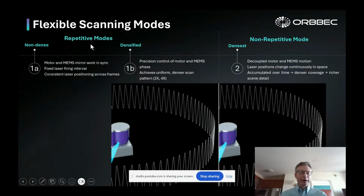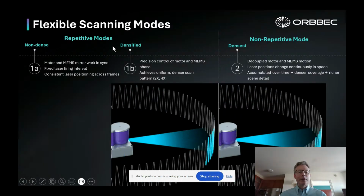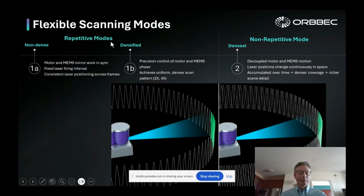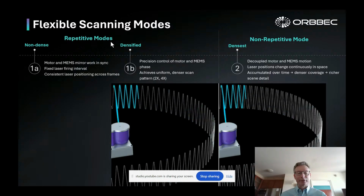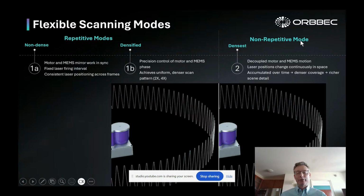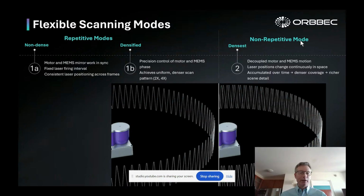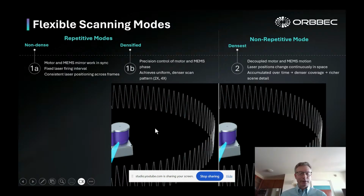So at a high level, there's two basic modes. There's repetitive modes where the MEMS mirror and the motor rotating the rotor are coupled together and synchronized. And then there's a non-repetitive mode where the two are totally decoupled. So in the repetitive mode side, which is illustrated by the GIF on the left,